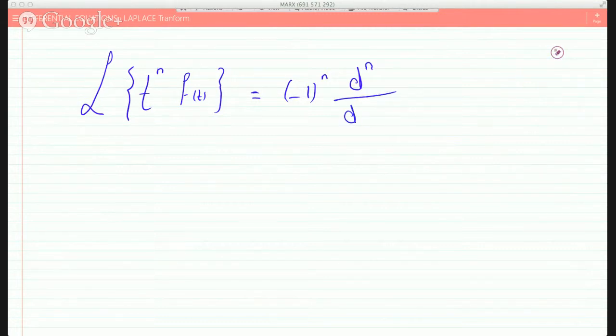Let me write the s as a triangle, of F of s. So the reason that this is helpful is because